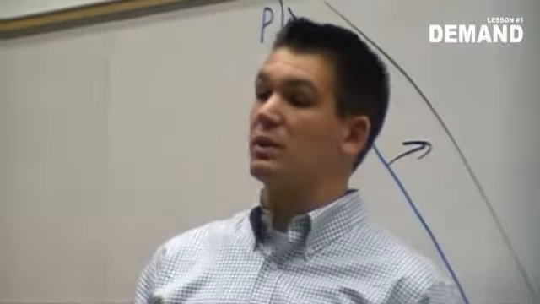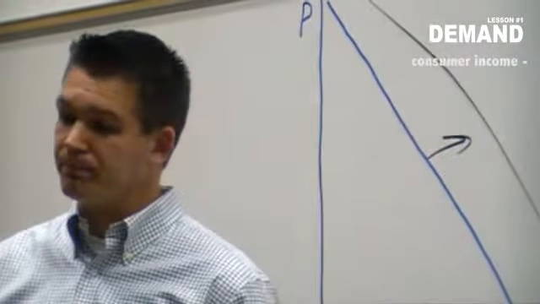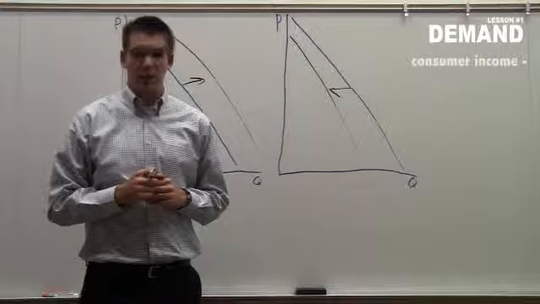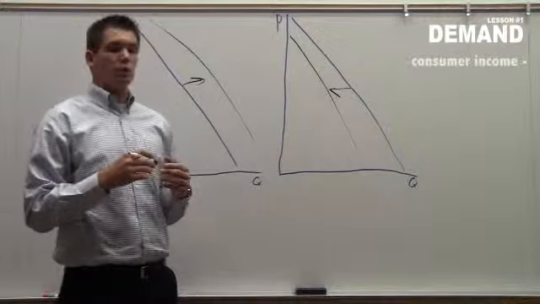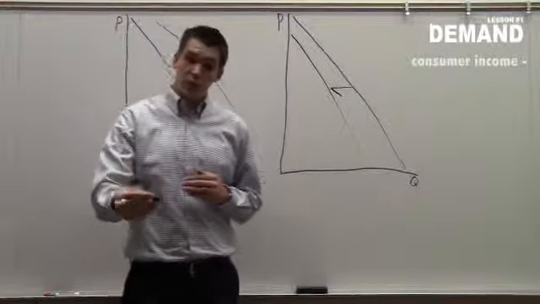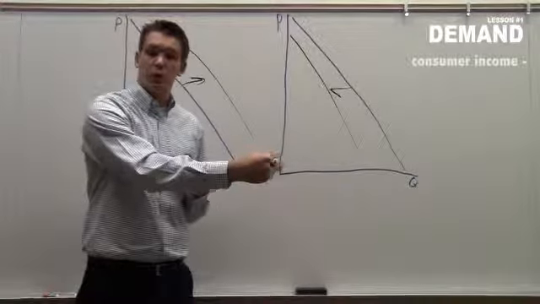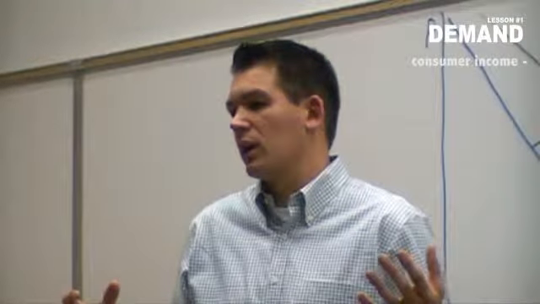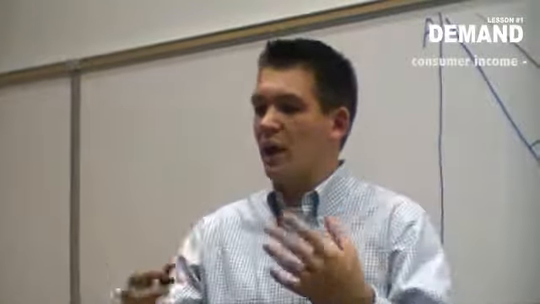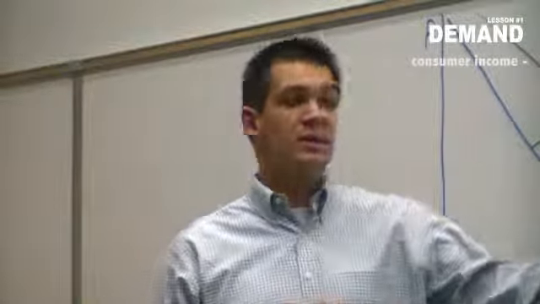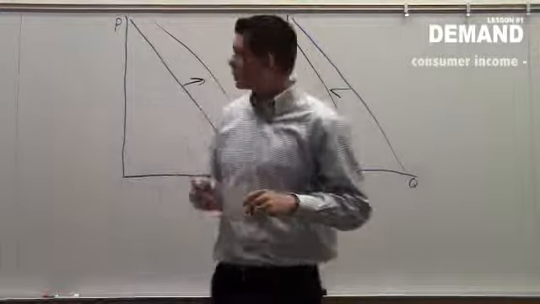The first thing is going to be a change in consumer income. Now there are 2 kinds of goods. We have normal goods and inferior goods. When consumers' income increases, that means if it's a normal good, demand will also increase. Normal goods are most goods we have in the economy, right? Cars, housing, anything. The more money people have, there'll be an increase in demand, which we show at this graph